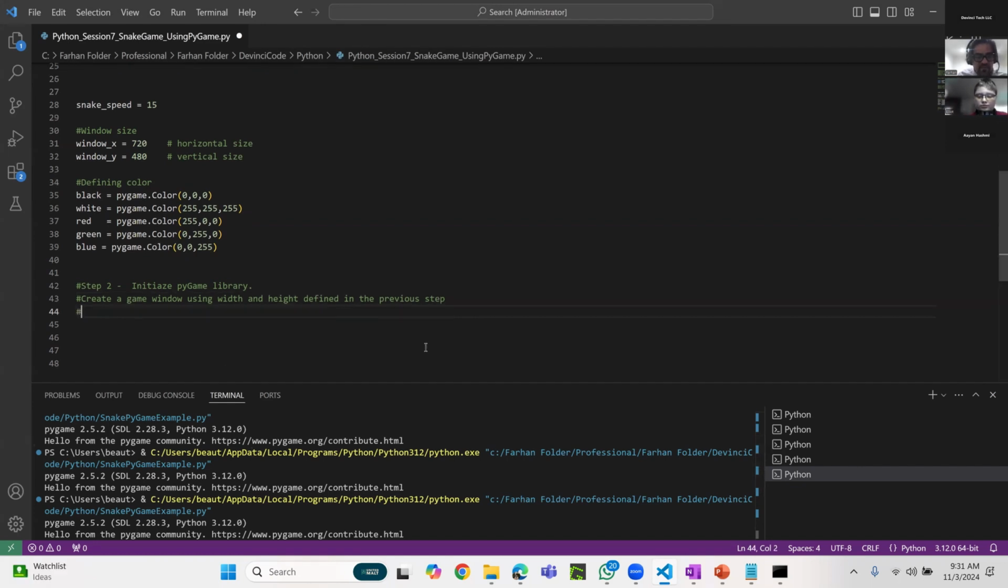And also we will do here pygame.time.Clock, which will be used further in the main logic of the game to change the speed of the snake. Okay,